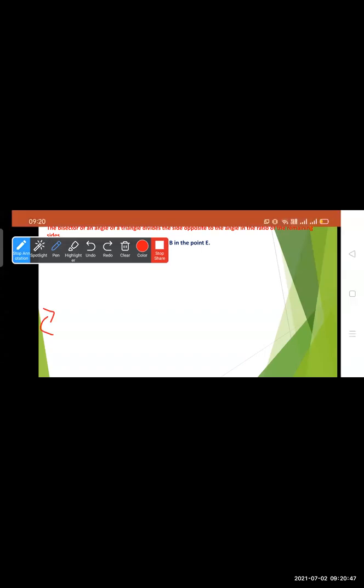Now the third one, the property of the angle bisector of a triangle theorem. So this is again one of the topics. The bisector of an angle of a triangle divides the side opposite to the angle in the ratio of the remaining sides. So the given is that if we draw the bisector of an angle, what does bisector mean? Here is the triangle, 60, and its bisector divides it into 2 equal parts, 30 and 30.